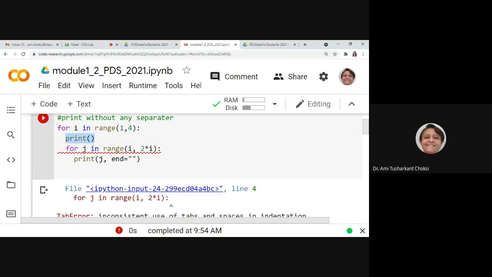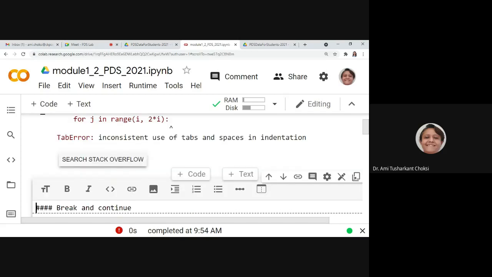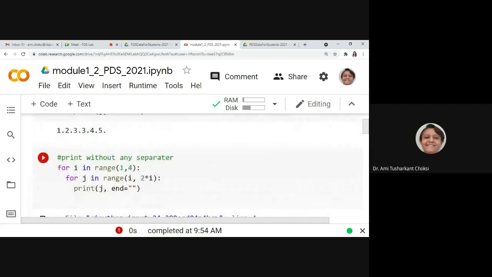So we cannot put it here. Oh, yeah, it can be here only. Either here, either. Fine. I think it is matching. The indentation we should check, okay?